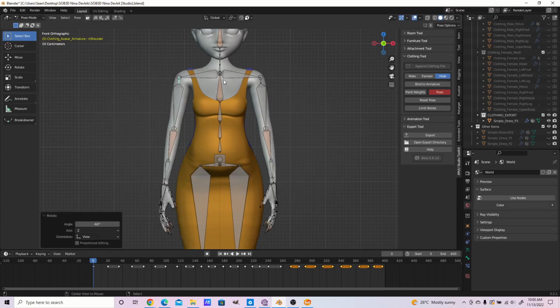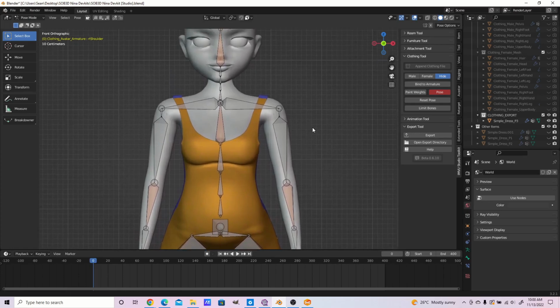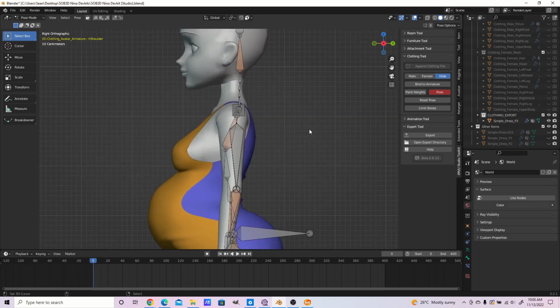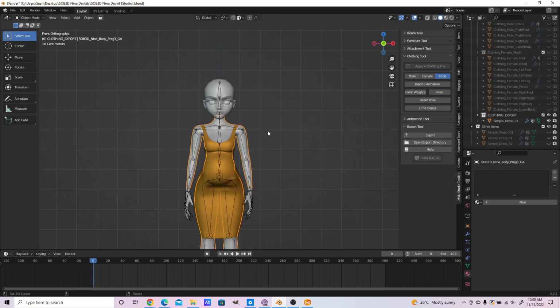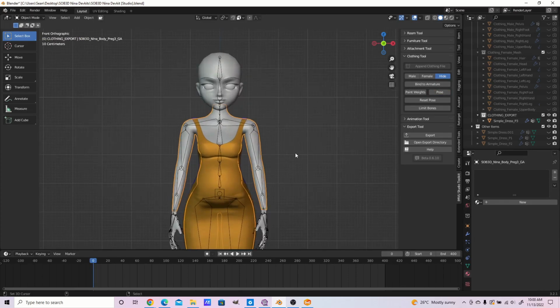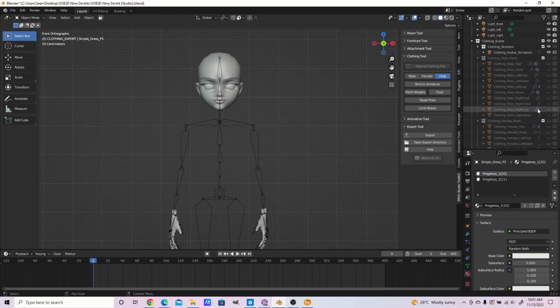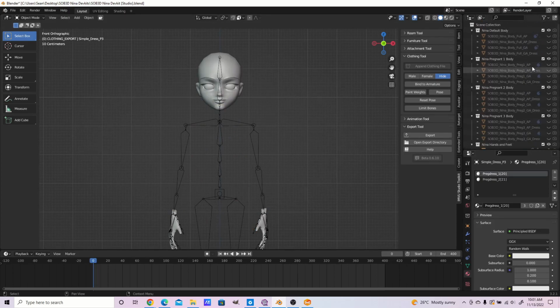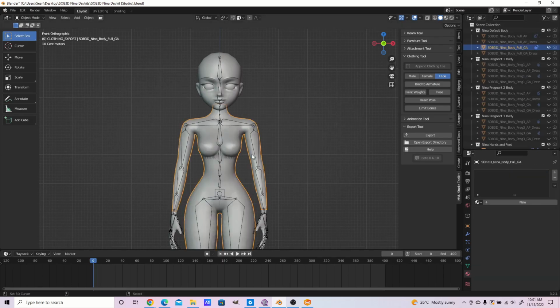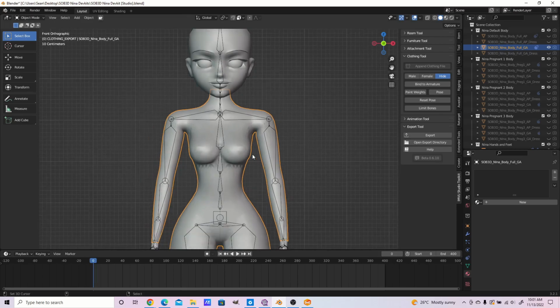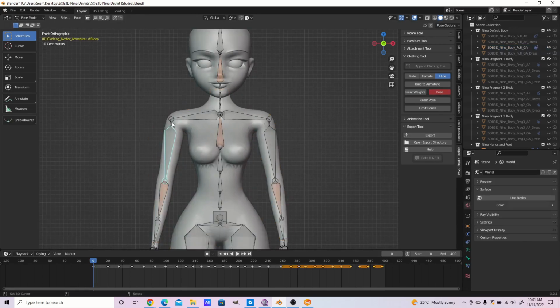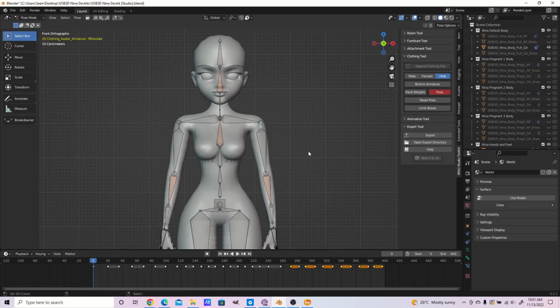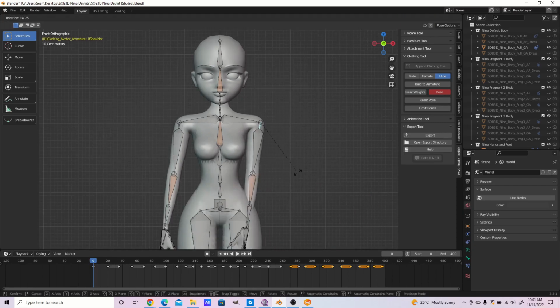Now, what's very important is you knowing how you got to the pose. You understand? So I won't be using the pregnant body, neither will I be using this dress. Let's go to the default GA body. So this is the body I'll be using for this tutorial. It's important that you know how you got to this pose. Do not use values that you can't remember. So do not rotate arbitrarily, like just pressing R and